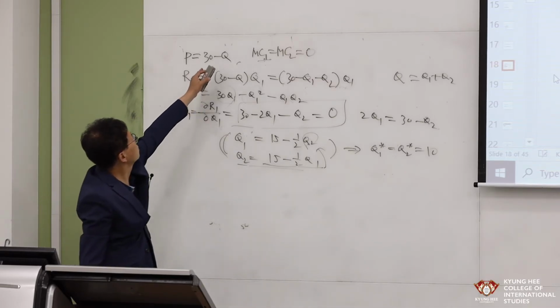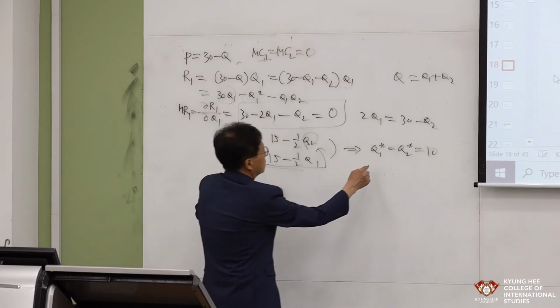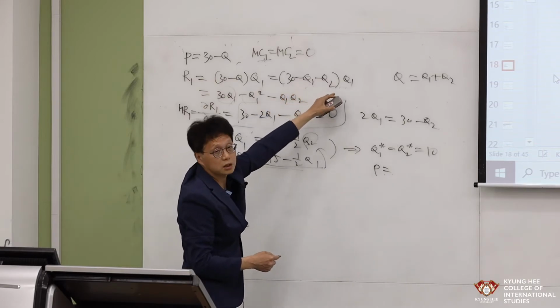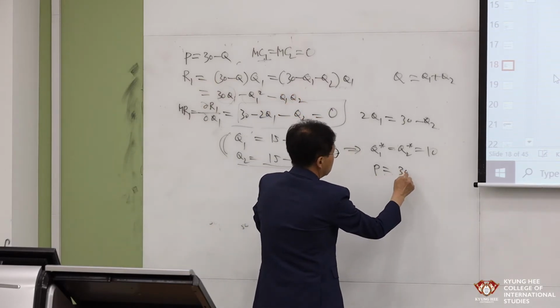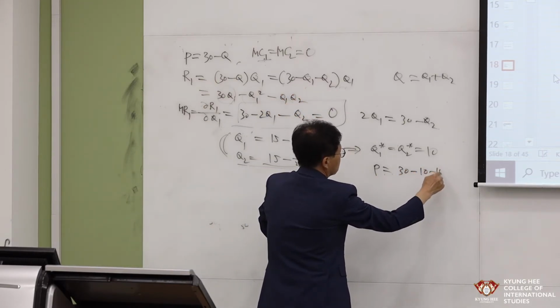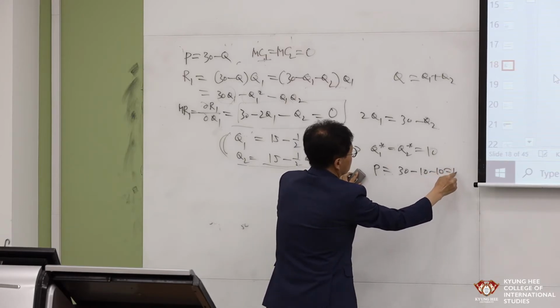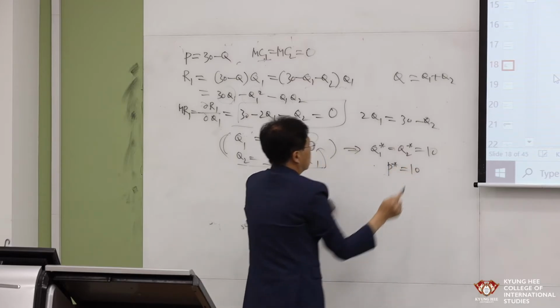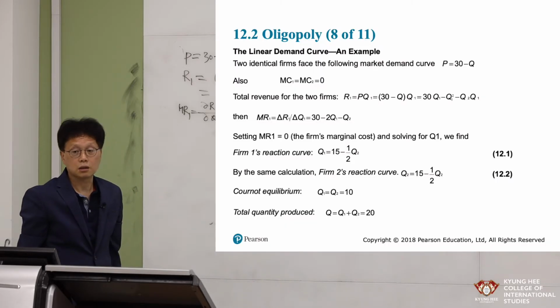Then we can calculate the price. Price is equal to 30 minus Q, or 30 minus Q1 minus Q2, right? Then 30 minus Q1 minus Q2, that is also 10, right? Then P star is also 10. That is Cournot equilibrium,